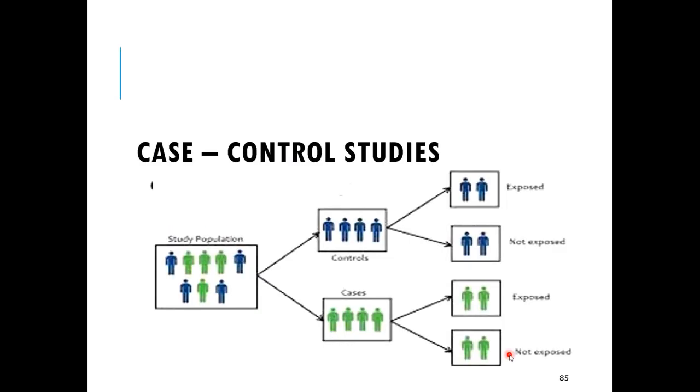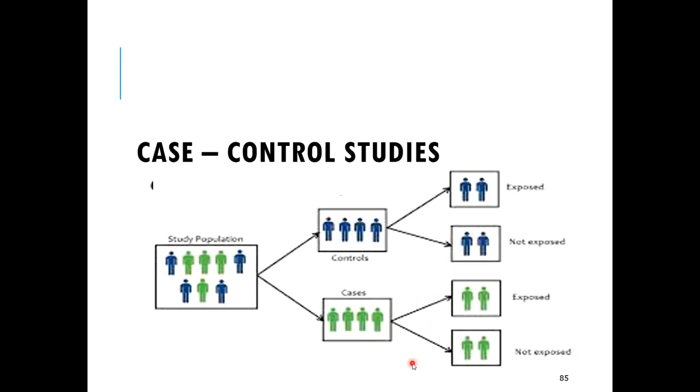Moving towards case control studies. In a case control study, the disease has already occurred. For example, breast cancer has already occurred. And we take a comparable group in which breast cancer is not present, and then we will see how many of those who have developed breast cancer have taken oral contraceptive pills in the past and how many have not. In the same way, in the controls who were not diseased, who haven't developed breast cancer, how many of them have taken oral contraceptive pills and how many have not.